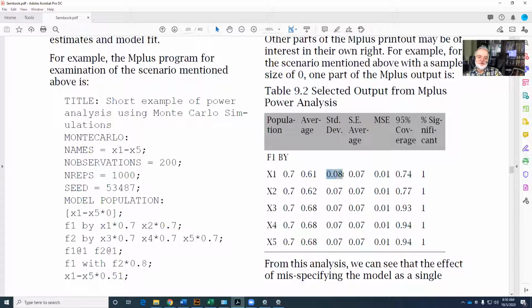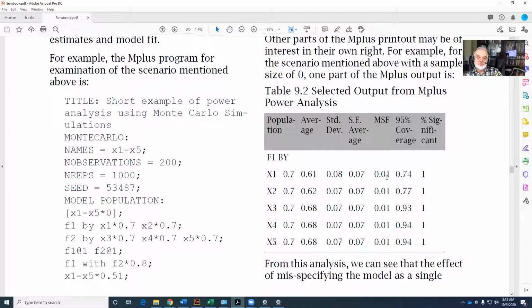Well, this standard deviation is kind of the same idea as what the standard error of the loading is. So over here, here's the loading, the standard error that was estimated in the data. So these 2 numbers ought to be fairly close to each other. And if you're finding a larger standard deviation here, that tells you that the standard error estimate is probably a bit smaller than it ought to be. The mean square error is the mean square error